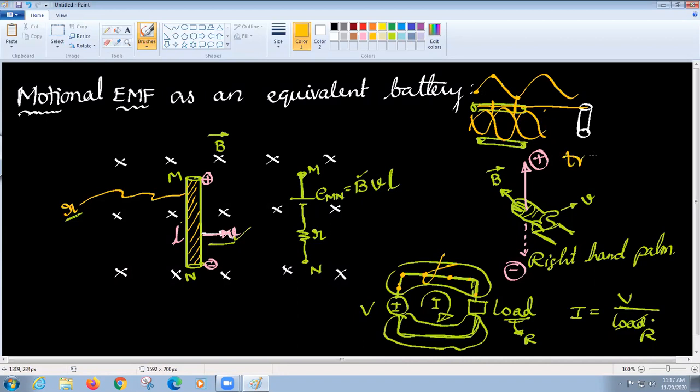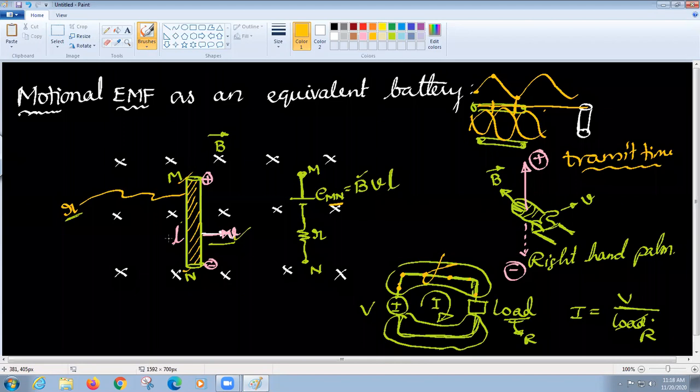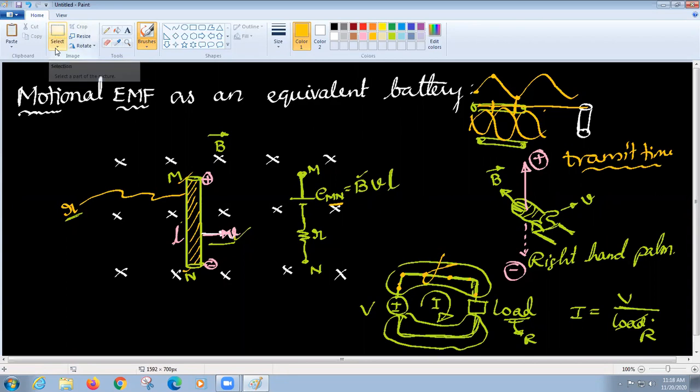So you will learn something called the transit time concept. In third year, you will understand when we can include the length of the cables, or space, into consideration, and when we can ignore it. In circuit theory, we ignore the transit time concept, so we ignore the length of the cables and directly find all these things. That is the interest of taking EMN here: the length of the cable is defined in terms of M and N. So there are many more things to learn.